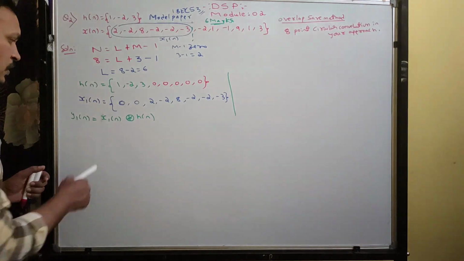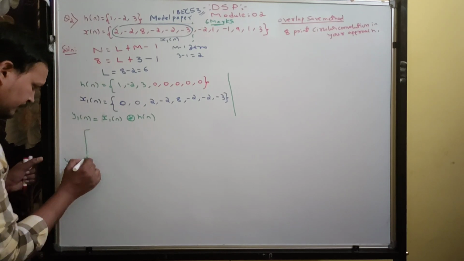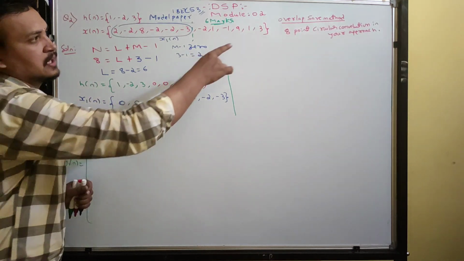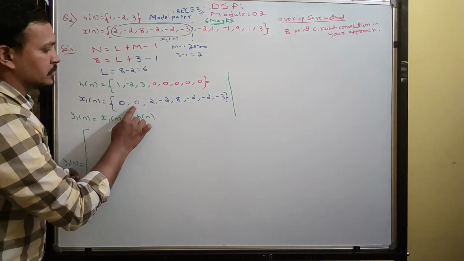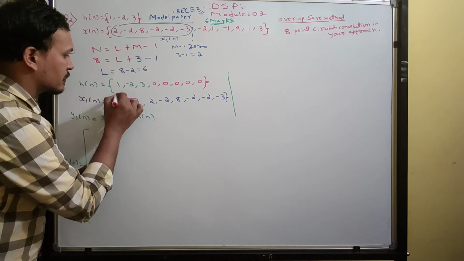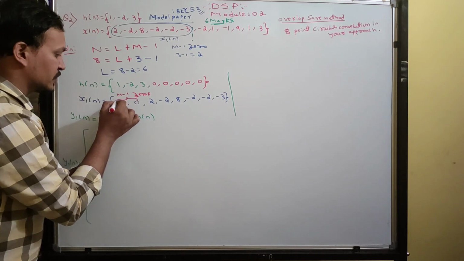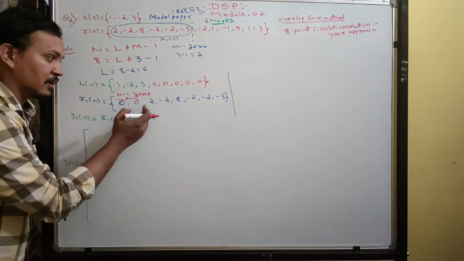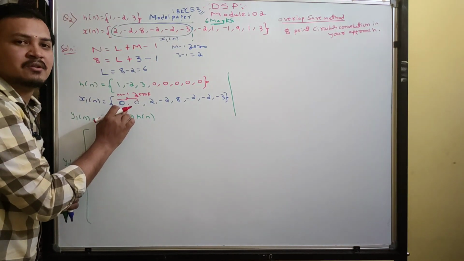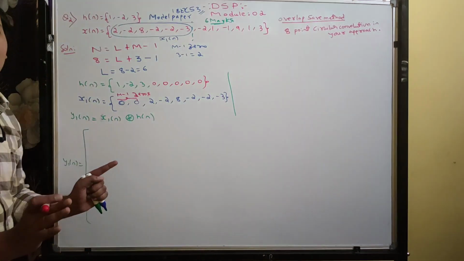How to find this? Okay, so y1 of n is equal to x1 of n. Both should be 8 only, because they are already given an 8-point circular convolution. 1, 2, 3, 4, 5, 6, 7, 8. Why are zeros written? You should save m-1 zeros. This part is adding and saving. Before writing the data block in the input, you must save zeros. How many zeros? m-1 zeros. If it is the add method, write these 2 zeros on the right side. That is the only difference.